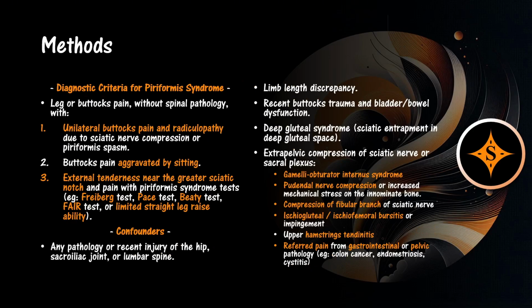In the study that we're discussing currently, they use diagnostic criteria for piriformis syndrome that include leg or buttocks pain in the absence of spinal pathology, and there is unilateral buttocks pain, so this pain is only on one side, and radiculopathy can also be present, that is a result of sciatic nerve compression or the piriformis spasm, which is the underlying cause of the compression itself. This radiculopathy can manifest in the form of, again, numbness, paresthesia, hyperesthesia, or even muscle weakness when it's been chronic and untreated. The buttocks pain is generally aggravated by sitting, and there is external tenderness, meaning there is a tender point,